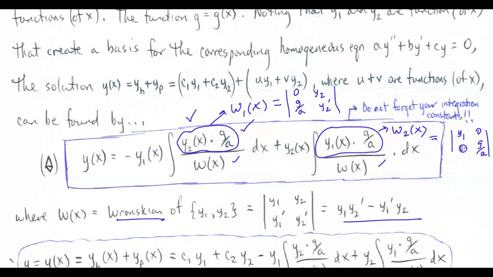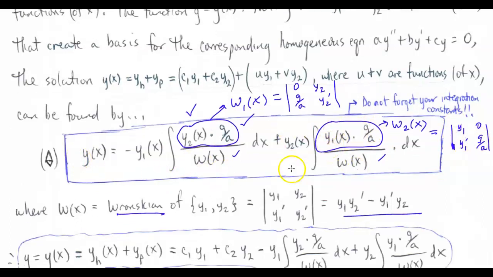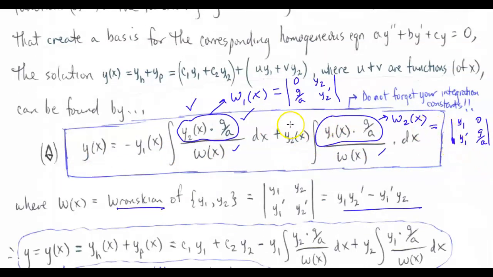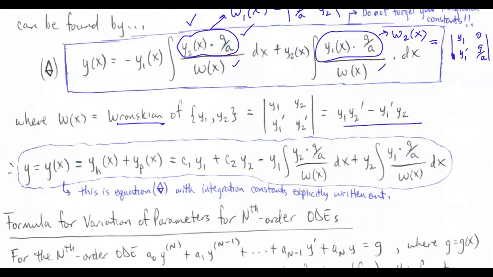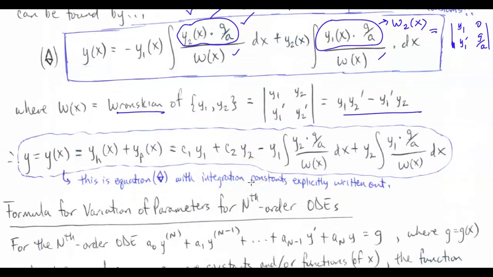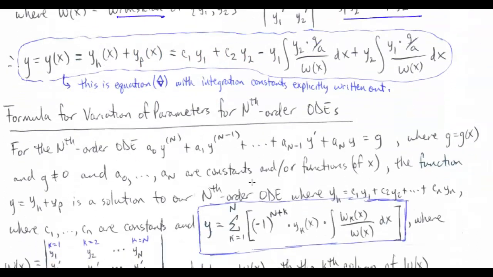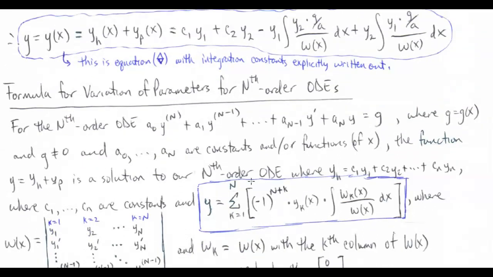And you'll have Y1 and Y1 prime here. And if you take the determinant of that, it'll end up looking like that. So that's essentially what this formula is trying to tell you. Now, the reason why I'm going through this here is because if we were going to actually write everything in formula view, and I'm going to skip down to this right now, then